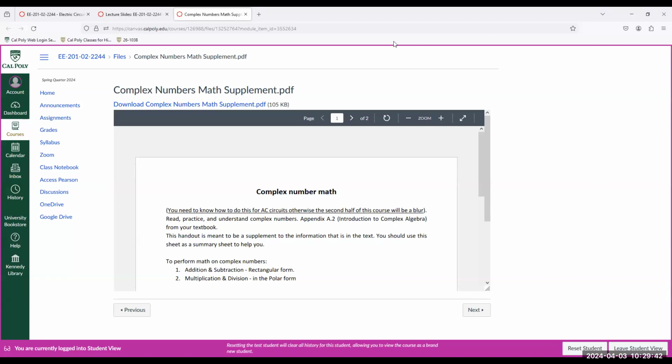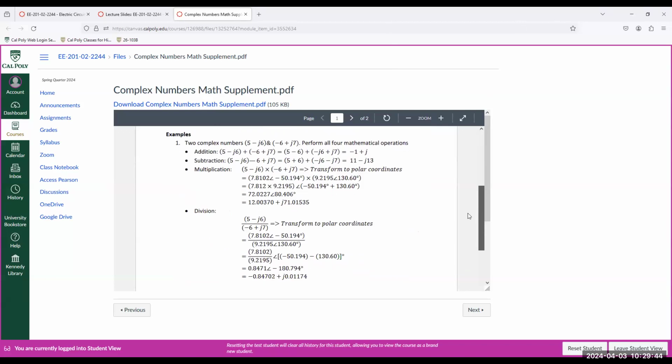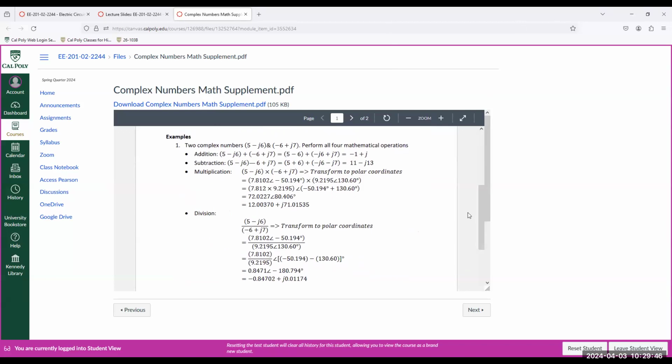Anyway, complex number math. So as engineers in your own field, you will use complex numbers at some point. You may have used it in the past. You may have to use it again in the future sometime. So it's not specific just for this class. Electrical engineering, I is used and reserved for anyone?